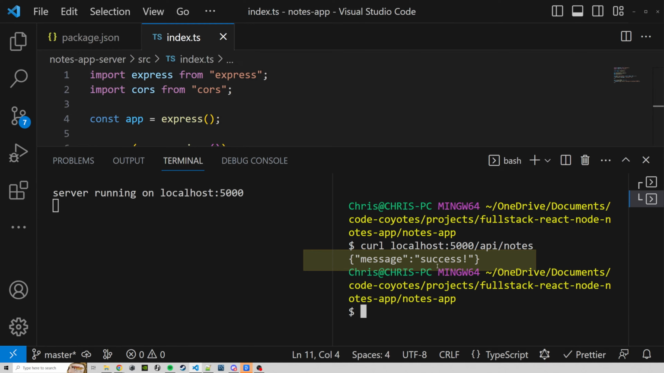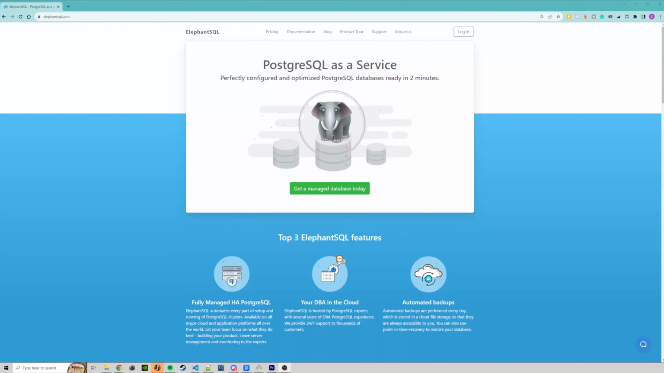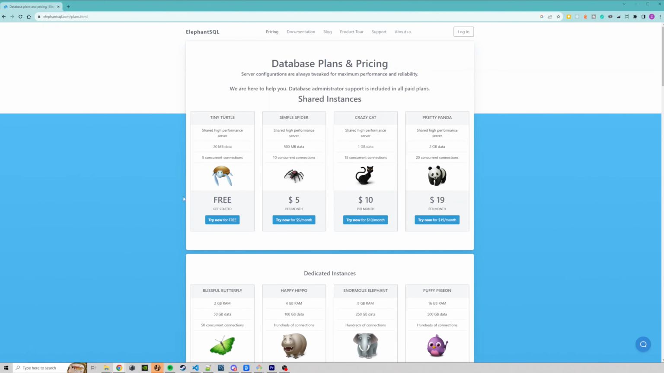What we'll do next is create a Postgres database and connect it from our server. Okay, so next what we need to do is get ourselves a Postgres database set up. There's a few ways to do this. You can set things up locally if you prefer, but what we're going to do is use Postgres as a service through